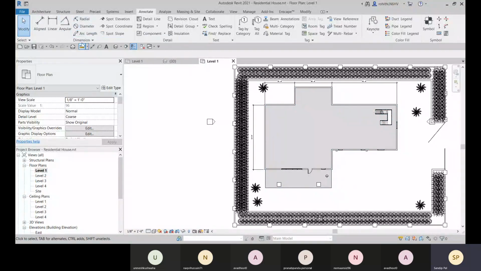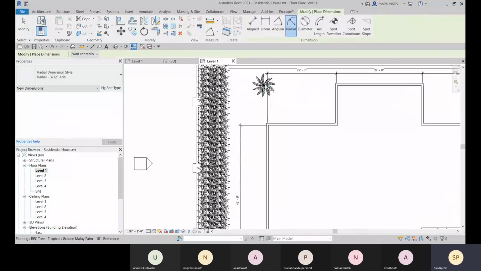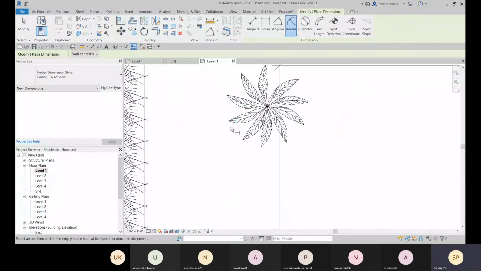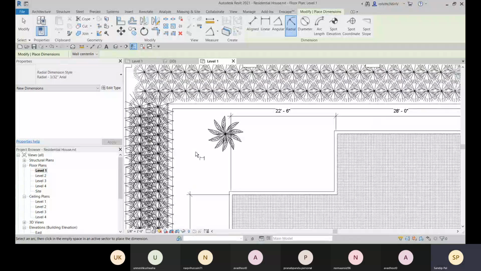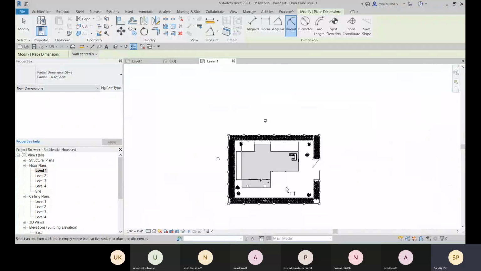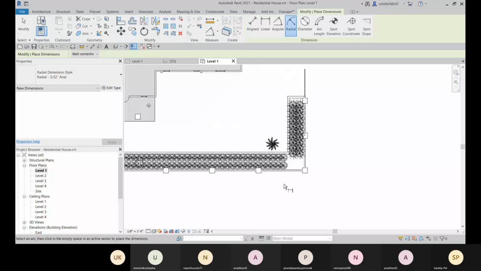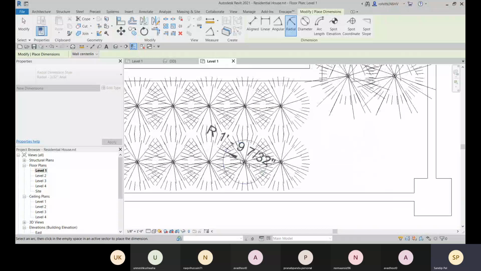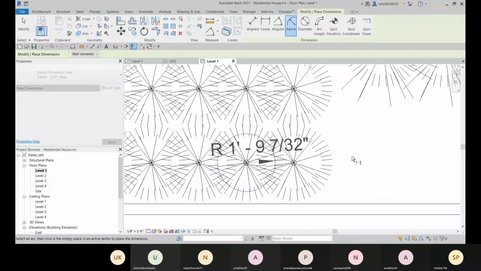And we have another option. You can define the Radial, that if any radius is available there, you can select that. Right now there is no such object. For this you can just select this object, and here you can see this is the radius value.